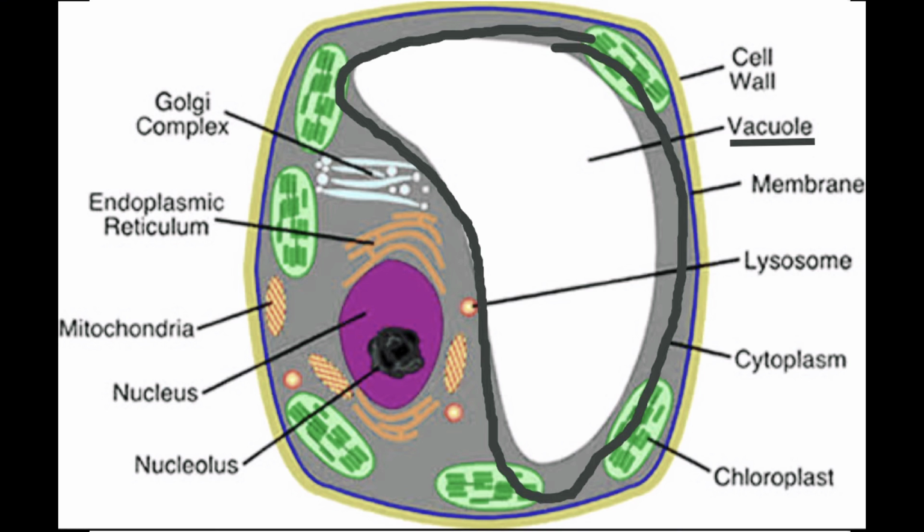The reason behind them being absent has already been discussed in our previous series on the fundamental unit of life, the link of which has been provided in the description box. So students can kindly visit that link and get the answer to this mysterious question of why vacuoles are missing from cells of meristematic tissue.